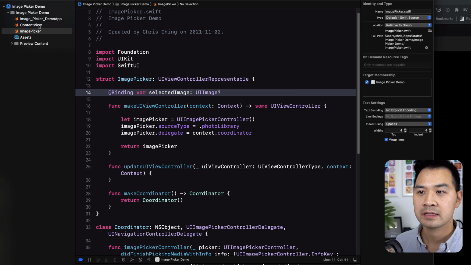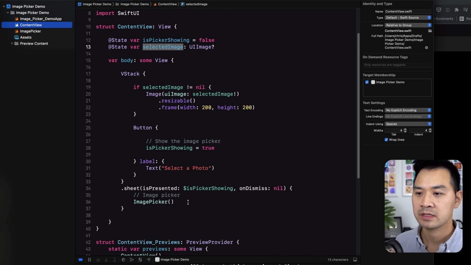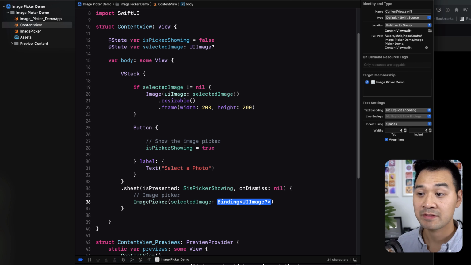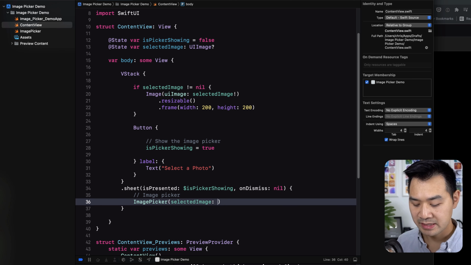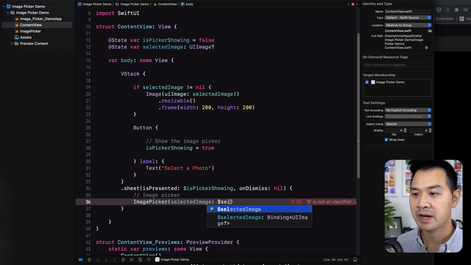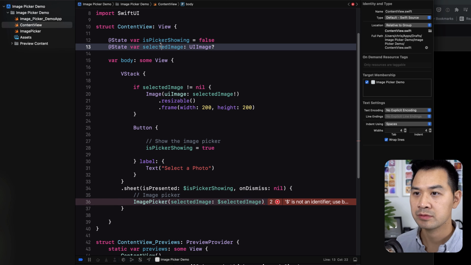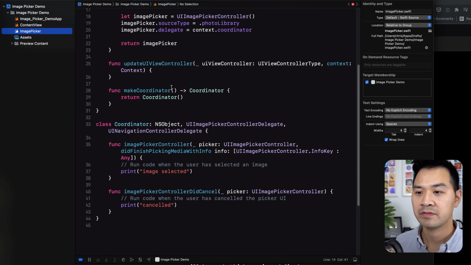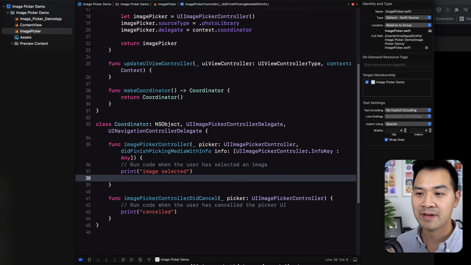And then this changes how this is initialized, right? So I have to pass through the binding for the selected image. So I'm going to use the $ sign to represent a binding. I'm going to pass through this state property as the binding. So now inside of the image picker, if you take a look at right here, I still don't have access